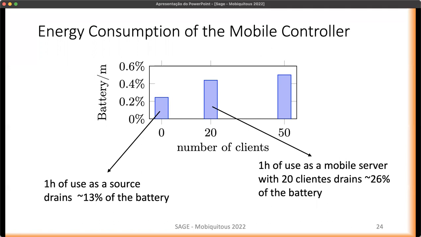We usually will have fewer than this, but even with 20, we can see that it can be used for 3-4 hours before draining the battery completely. When we go from 20 to 50 clients, the increase is slight. So the big increase is when we add the extra layer of being a server.